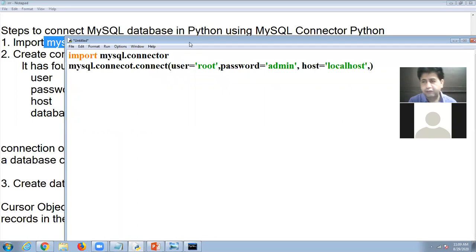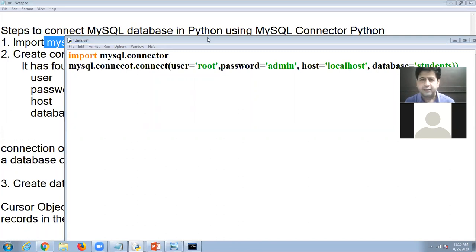Then the fourth parameter, that is important: the database with which you want to make the connectivity. So look at here, database. I have the database students. After that, the bracket is closed. Now here is one thing that is important.